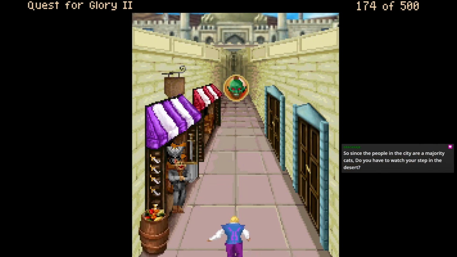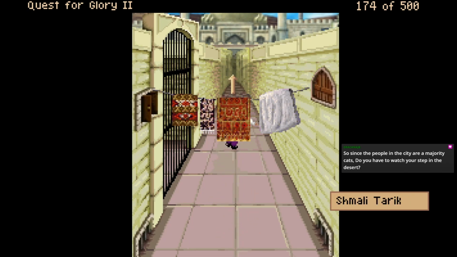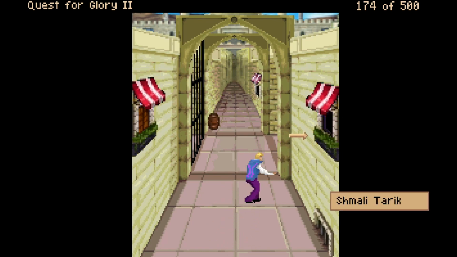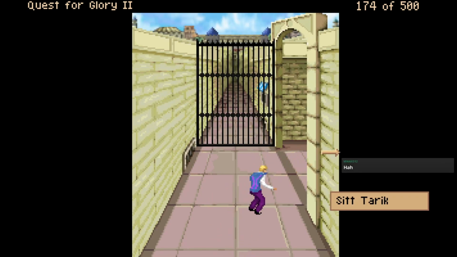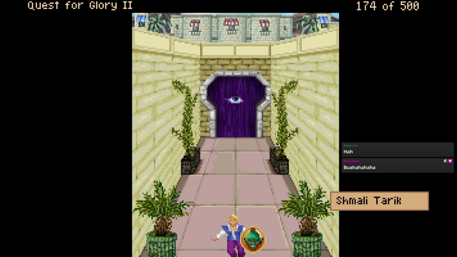Since the people in the city are majority cats, do you have to watch your step in the desert? It's just one big sandbox. Oh, and we just stumbled into her house. Well,